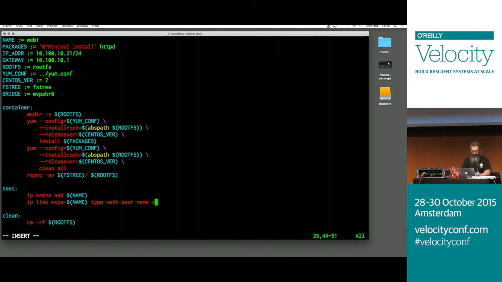And I'm going to call the peer xmvps. This totally works wrong if you don't type it right. Dash name. So we're creating two interfaces, mvps-web1 and xmvps-web1, and they're linked via virtual Ethernet cable. So we got those two interfaces, and the next thing we're going to need to do is take the xmvps one,